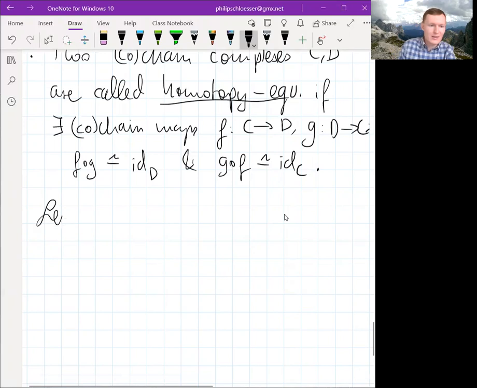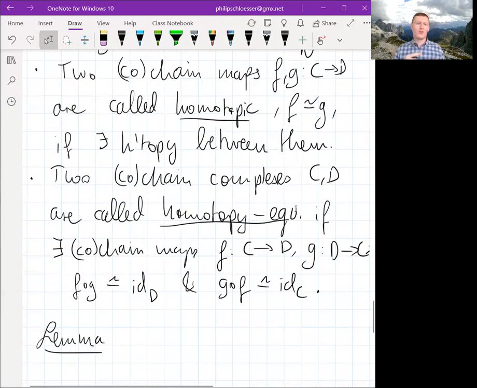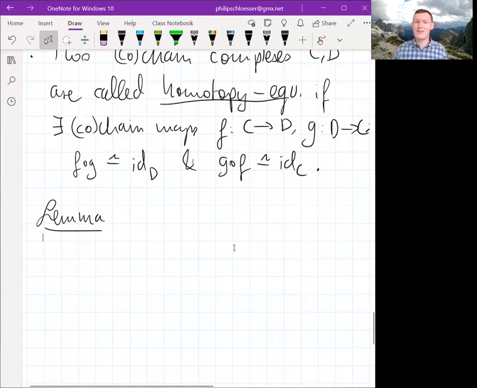And I guess the question is, why would, firstly, homotopies or homotopic maps, why would that notion be interesting? And why do we even consider it? And secondly, the same about homotopy equivalence. And the reason is that